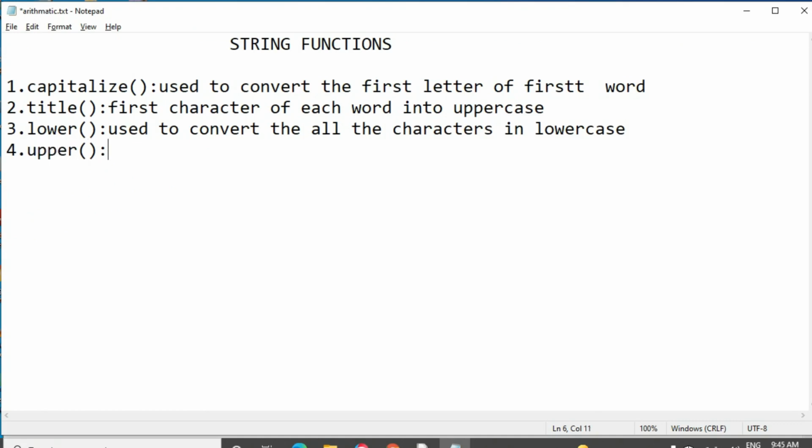The next one is the upper function. This is used to convert all the characters into uppercase, that means capital letters.